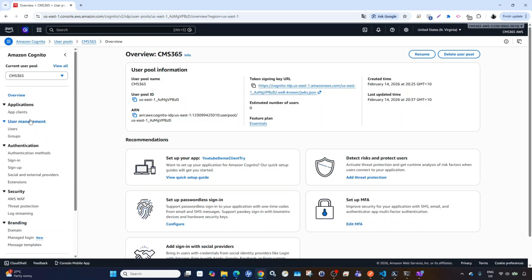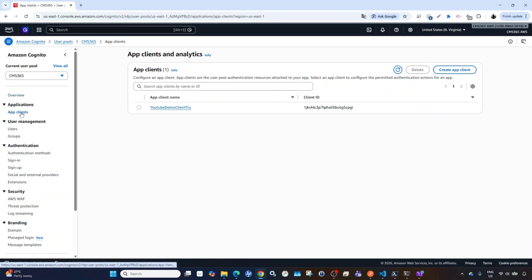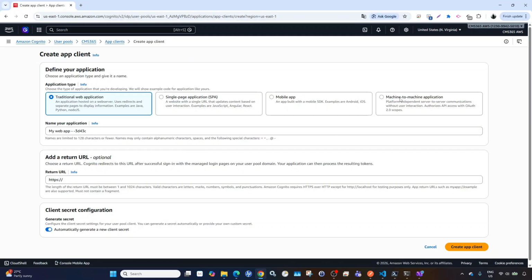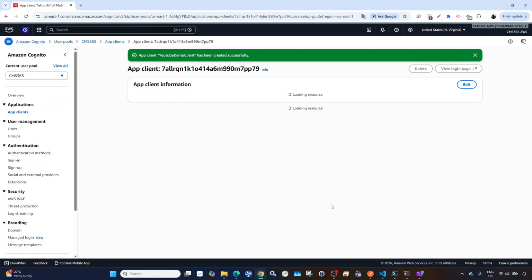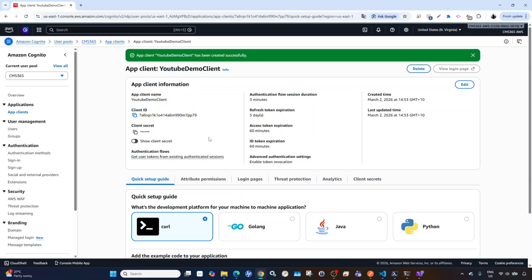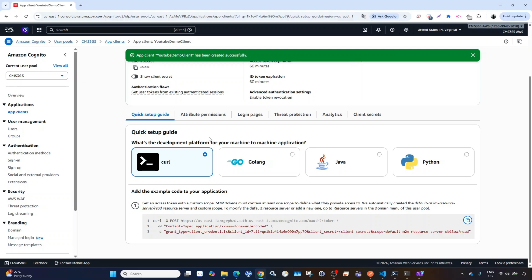So once you have your pool, you need to create app clients. So let's create a new app client. This will be machine to machine application. Leave this checked and click on create app client. Our app client is now ready. Now let's generate an access token. So there is an example here. So copy this URL,